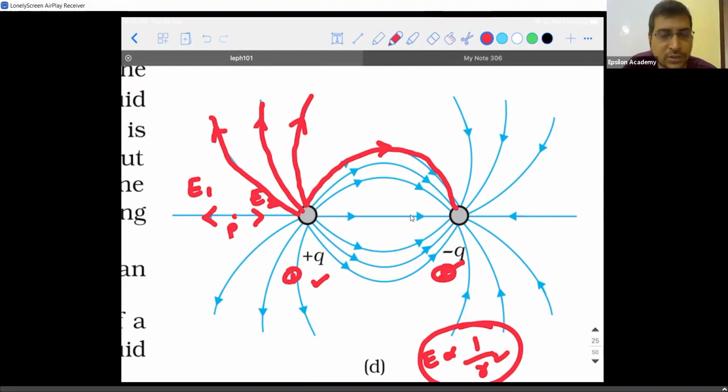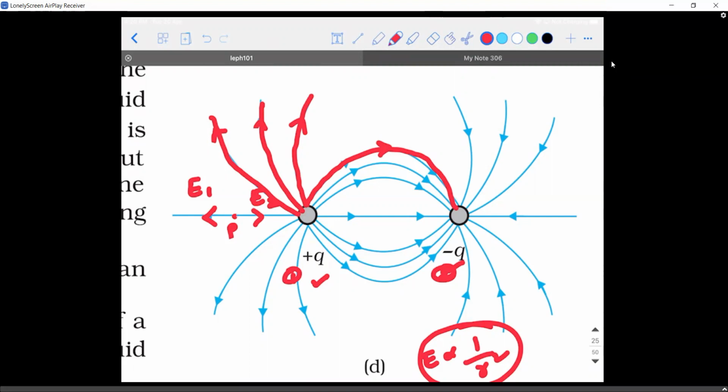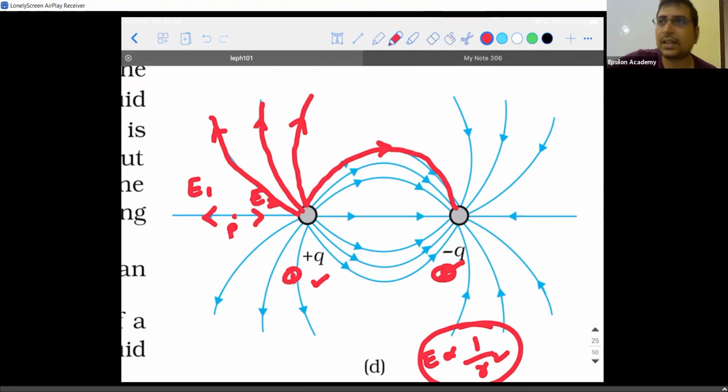They start with positive charge, they end with the negative. They start from the North Pole and end with the South Pole outside the magnet, and inside what will happen? It goes from south to north. I hope you're able to understand, right? But here there is nothing like the electric field line coming back from minus Q to Q. That will never happen. It is only one thing, that the electric field lines start from the positive charge and they get terminated on the negative charge. That's it. Is there any doubt?